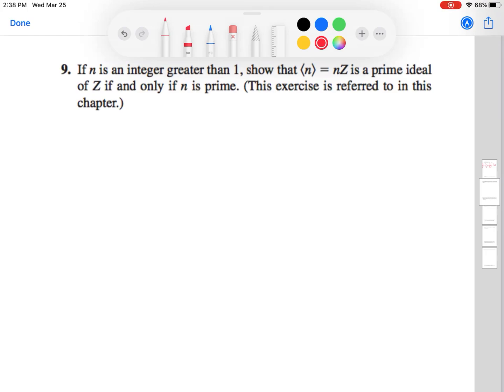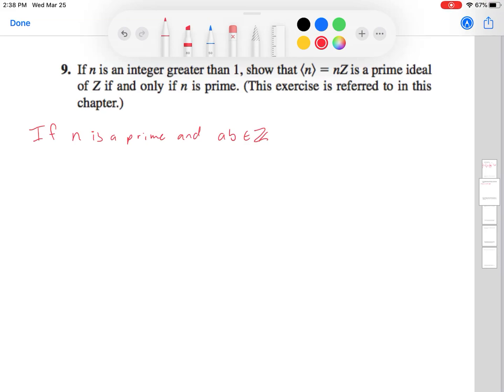All right, number 9. If n is an integer greater than 1, show that the ideal generated by n, equals nZ, is a prime ideal of Z if and only if n is prime. Well, it's an if and only if, so we've got to go 2 ways on this. So let's start with if n is a prime